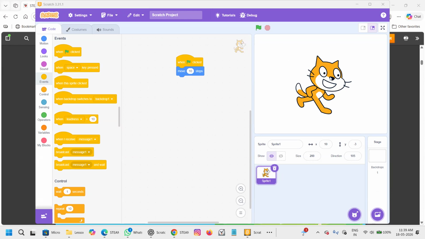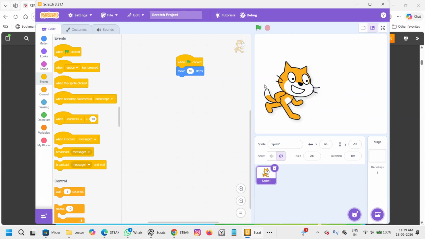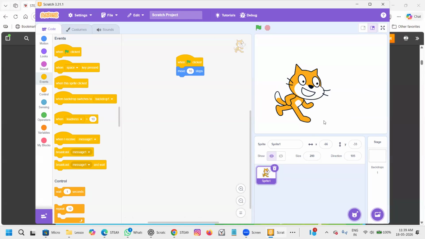Okay. Now, when you see the cat, now I have put a flag here and I'm clicking on the flag, or I'm clicking on the green flag. What are you seeing on the screen? Yes, that area is called the screen. Absolutely. Movement, Fahima. So movement is happening where? Where is the movement happening? This whole area is called?